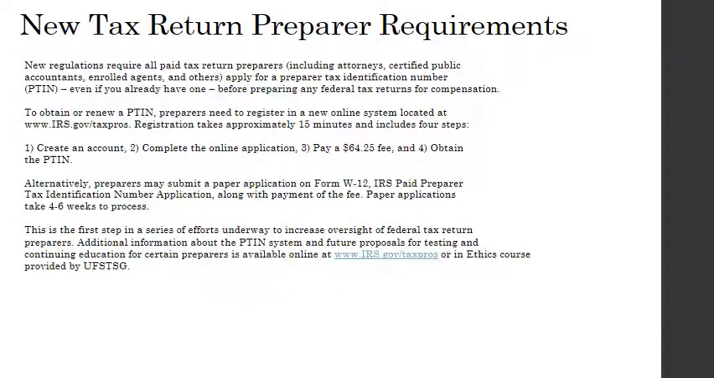New tax return preparer requirements. New regulations require all paid tax return preparers, including attorneys, certified public accountants, enrolled agents, and others, to apply for a preparer tax identification number, PTIN, even if you already have one, before preparing any federal tax returns for compensation. To obtain or renew a PTIN, preparers need to register in a new online system located at